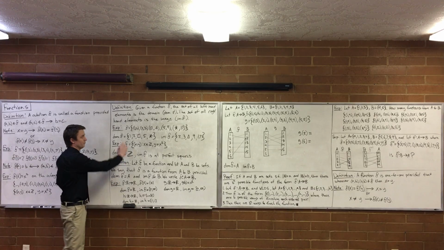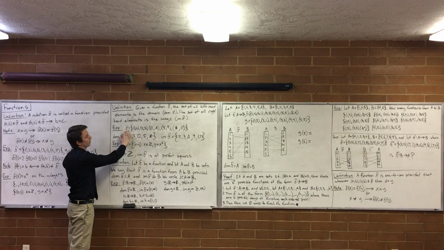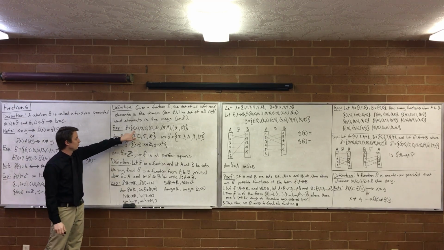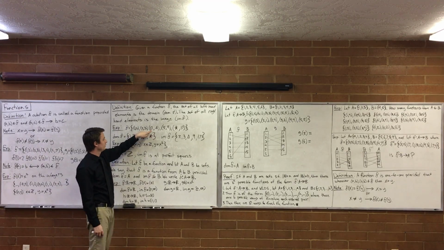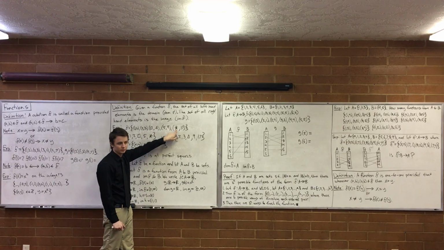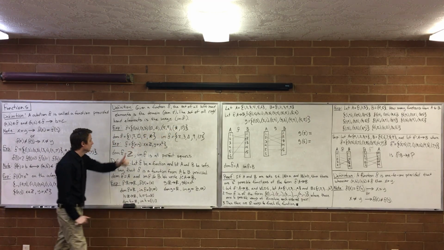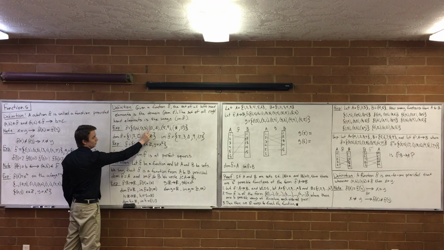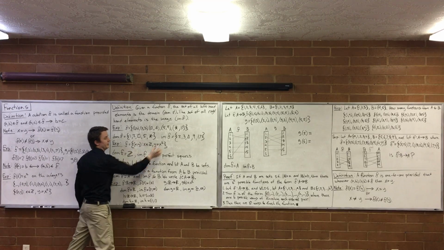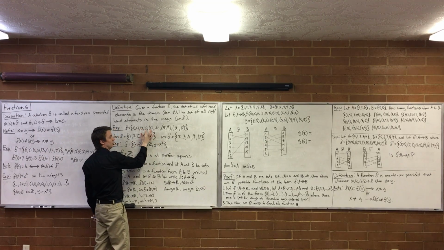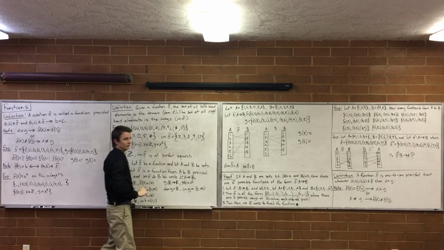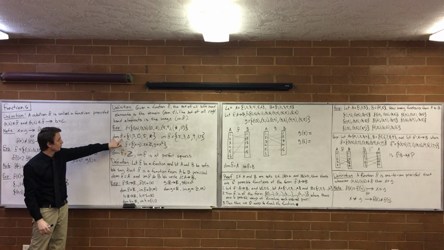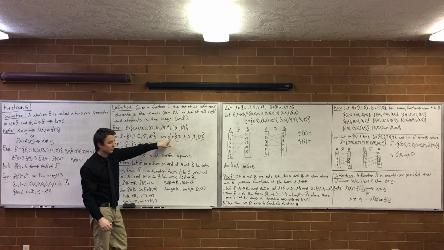So, let's do an example. Here's a function. Well, first off, is this really a function? Yes, it is. 1 only goes to one thing, 2 only goes to one thing, square only goes to one thing, 5 only goes to one thing, star only goes to one thing. We're good. It's a function. So what's the domain of it? The domain of f is all the left-hand values. It's 1, 2, square, 5, and star. The image of f is all the right-hand values: 2, 3, triangle, 9, and 17. So that's what we mean by that, and that's what we mean by that.